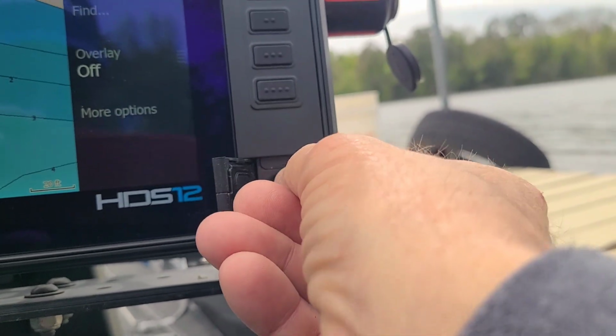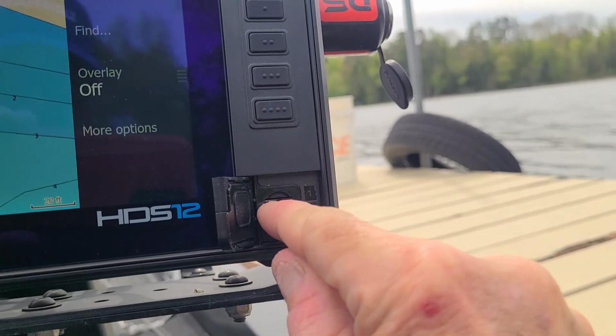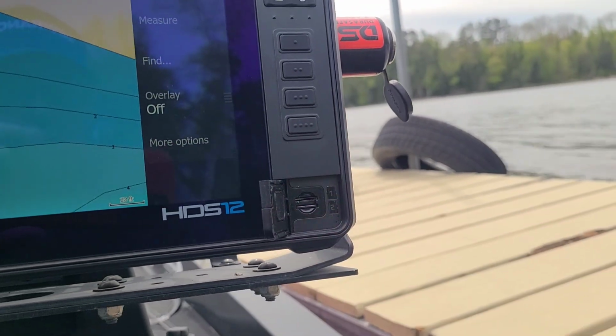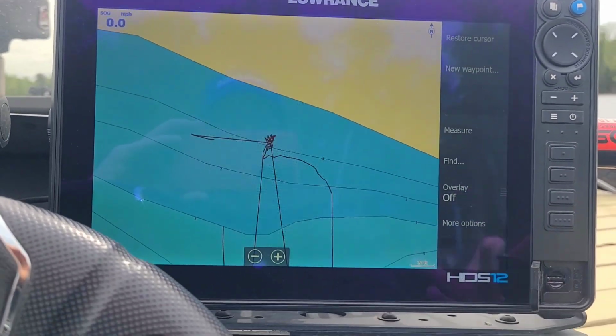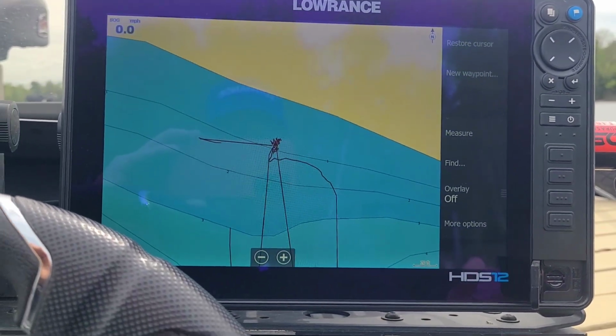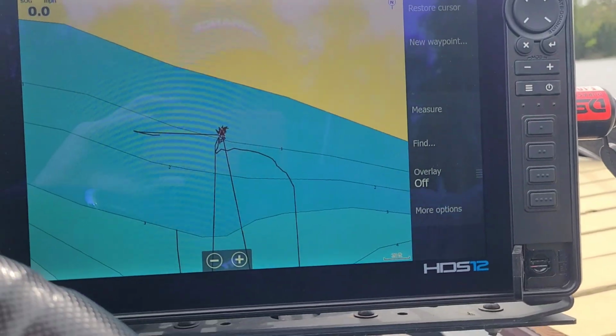First of all, I'm going to put this microchip into the bottom slot. There's 2 slots here on the HDS Pro 12. So that's in. Now, in case you're wondering which version of the update you have for your graph, it's